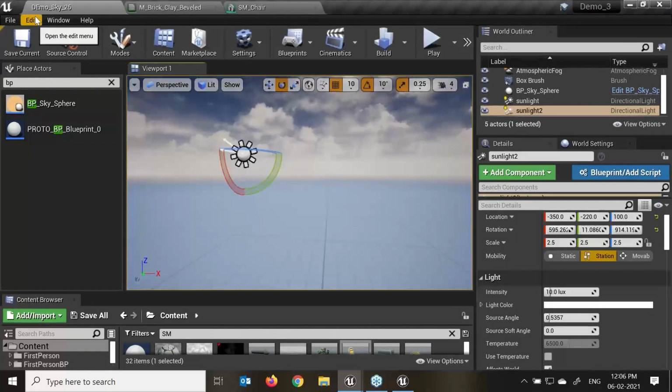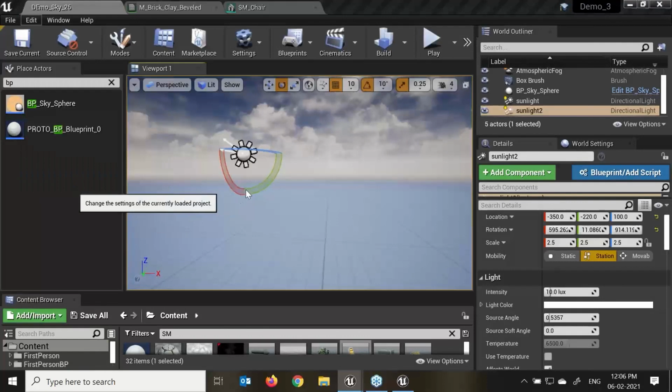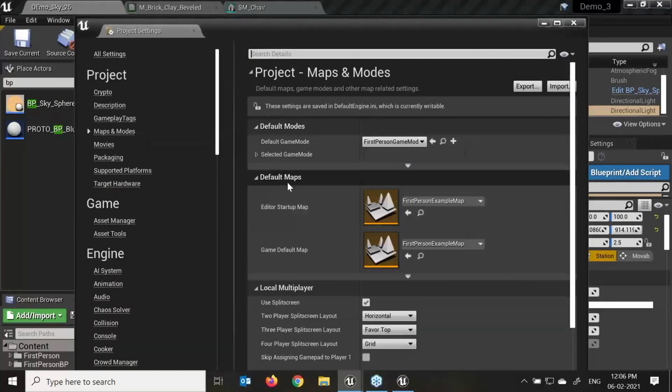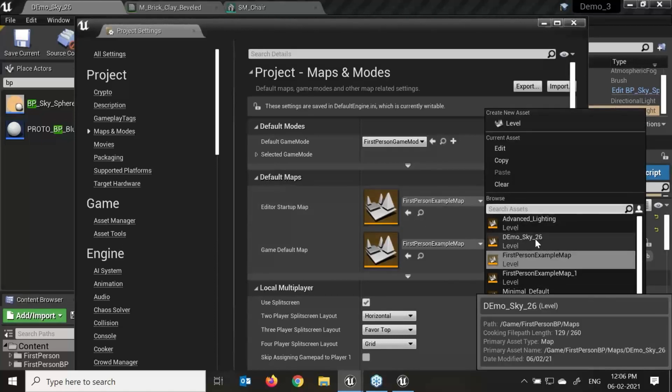Right. Again, go to Edit, Project Settings. If I do that, Maps and Modes. Here we can see default startup. If I'm starting any level, this is my default sky setting which is coming up. Here I can see demo 26.